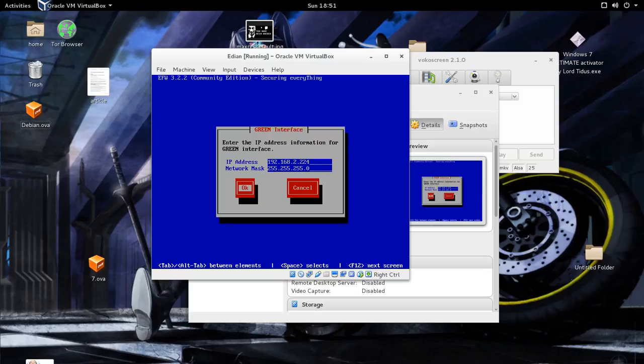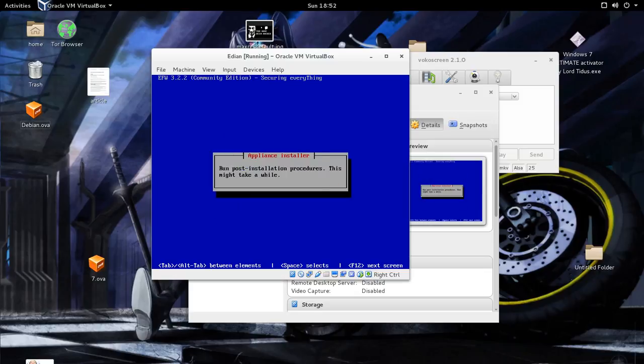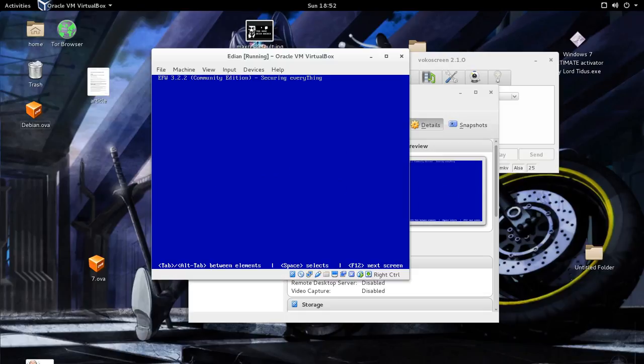Okay, and hit OK. So this is all in real time, but mind you, I am doing this on a virtual machine and the files are stored locally, so time for installation is going to vary. Okay, and how I have